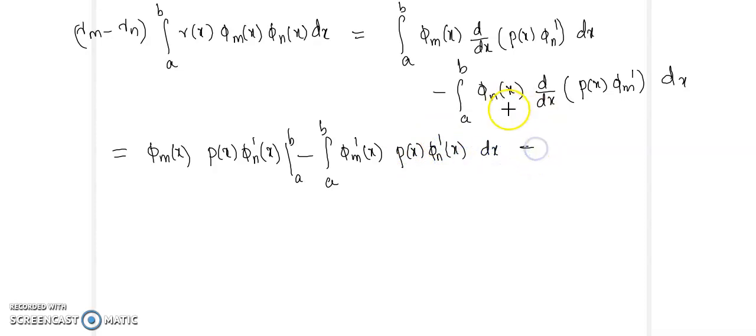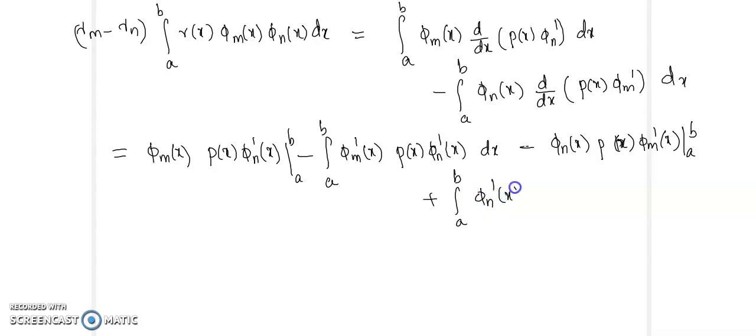Then minus first function into integral of the second, that will be p of x phi m dash of x from a to b, then plus integral a to b, derivative of the first one is phi n dash of x into integral of the second, p of x phi m dash of x dx. So these two integrals are going to cancel out. So remaining you have